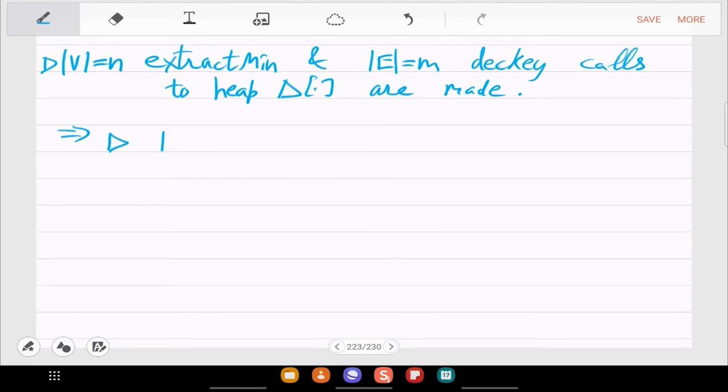So using a binary heap gives how much time? Yeah, so extract min is n log n, and decrease key is also m log n.